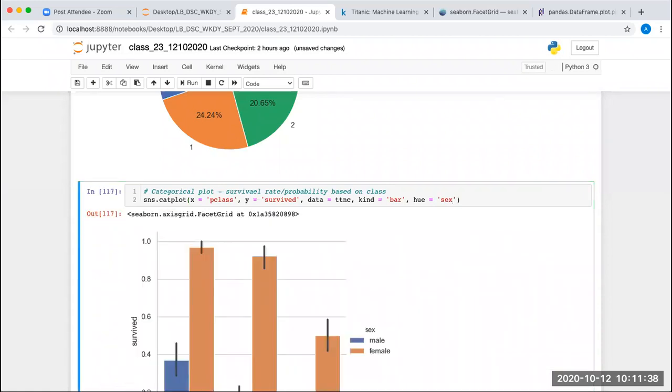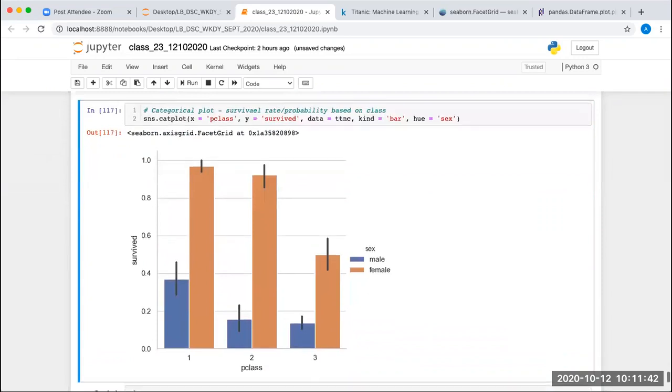So the survival rate for females in every class was higher. Even in the first class the survival rate was around 100%, you can say. In the second class it is around 90%, and in the third class it was around 60%. So in all the classes the survival rate for the female passengers was higher.